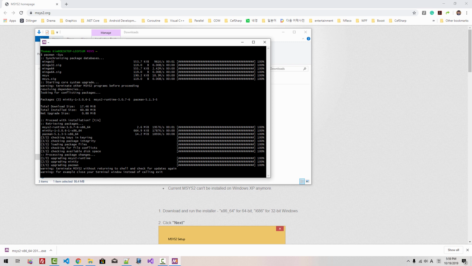If you see this warning message, terminate MSys2 without returning to shell and check for updates again. Warning: for example, close your terminal window instead of calling exit. If you see this message, close this button,